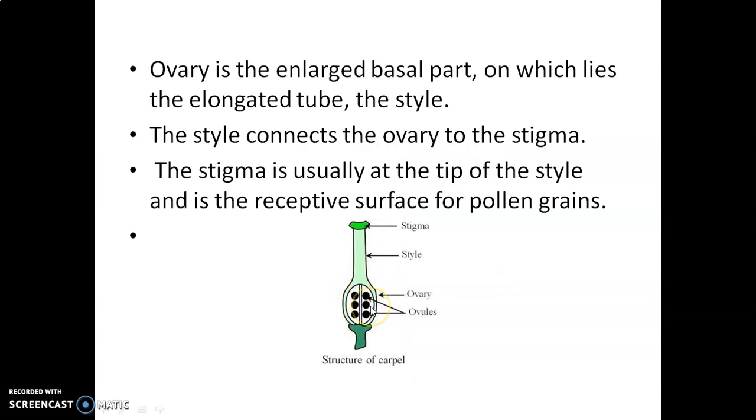This ovary is the enlarged basal part, on which lies the elongated tube, the style. This is the elongated part, style. The style connects the ovary to the stigma. Stigma is usually at the tip of the style. And what is the specialty of the stigma? Yes, the pollen grains will stick on the stigma and it is the receptive surface. So stigma is the receptive surface for pollen grains and it is followed by the long and elongated style, through which the pollen grains will move and reach the ovary,